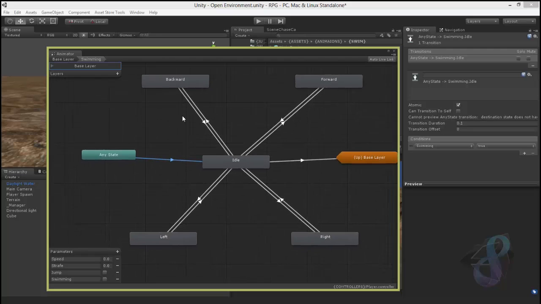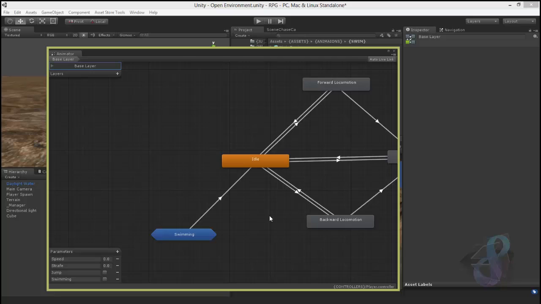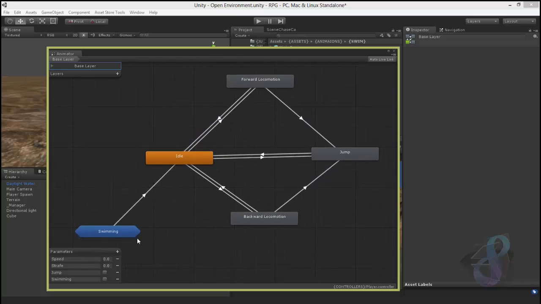So we have our state machine here now. This is another state machine within another state machine. I may need to move it here and then do the same thing I had done to the jump. I'm not sure, we will see. Now, how should we tweak the swimming boolean? Well,